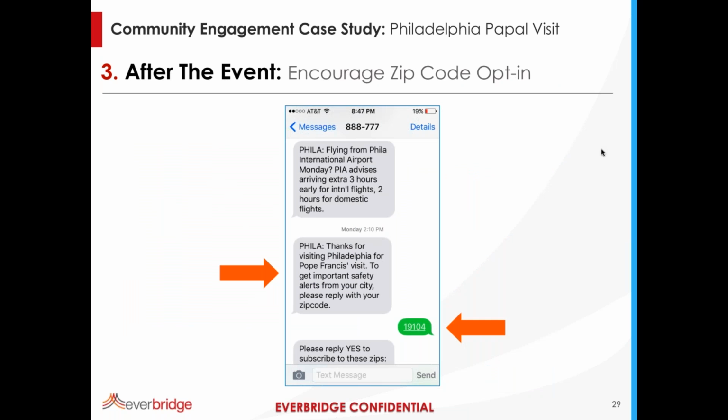And then after the event, so let's say you have a big group of users that opt into a specific group, such as Papal Visit. After the event is over, now what? How do you get those residents to opt into your everyday notifications? Not your event-specific notifications. So the city actually sent a text message to all of the users in that group